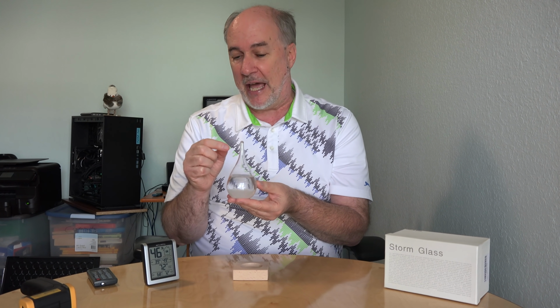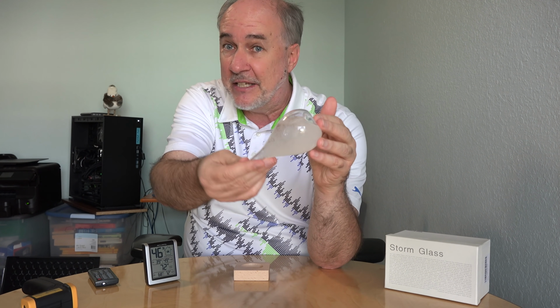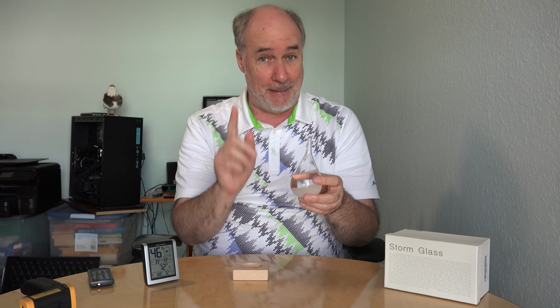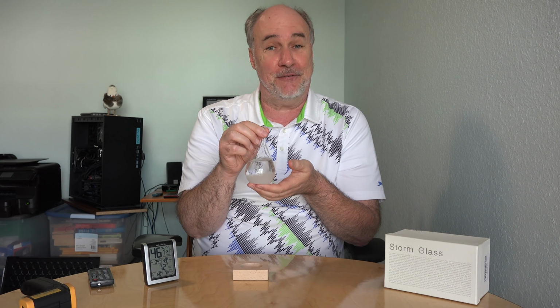So what are the observable characteristics of weather, not including pictures from satellites in space or hurricane hunter aircraft, just sitting at a ground station? What can you observe that will give you a reliable indication of what weather will be coming over the next day or two? Do the clouds or the wind affect this? I don't think so. Barometric pressure, well, the older models of this, as I understand it, actually had a stopper in them. So there was some chance for pressure to be a factor, but this is a completely sealed glass bulb, so the pressure out here shouldn't be affecting anything going on inside the glass. That leaves us with humidity and temperature. Again, humidity is not going to get inside the glass, but temperature, aha,